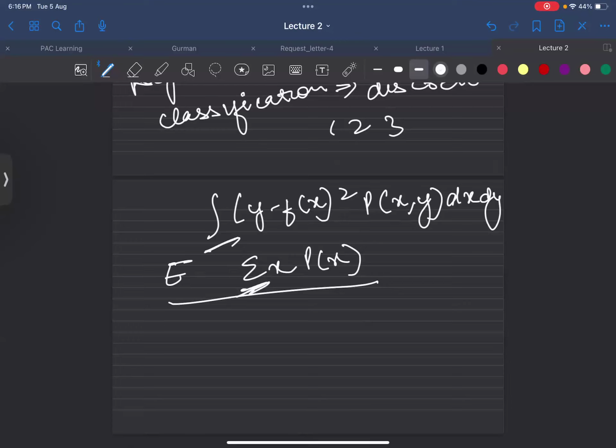Not if you're not getting, ask me. So just this part, ma'am, the integration. Integration of y into f of x square means the average of all of them. But then, okay, yes, because it's continuous. Yes, I remember now. Thank you.